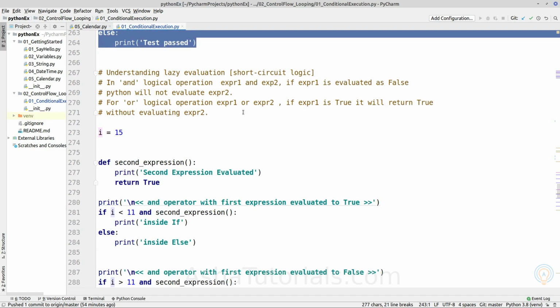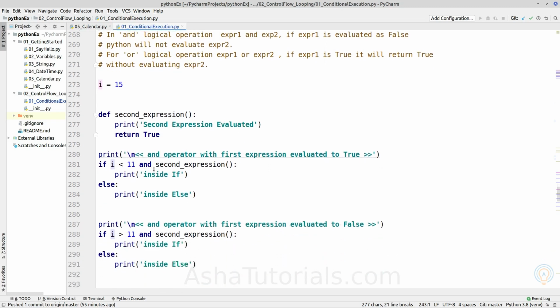Next topic is understanding lazy evaluation, or short circuit logic. For the AND logical operator, if we are providing more than one expression and the first expression gets evaluated to false, it won't evaluate the next expression. So in this case, if the given value is less than 11, I is having value